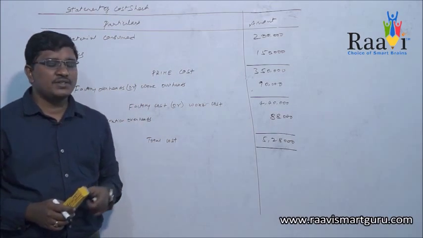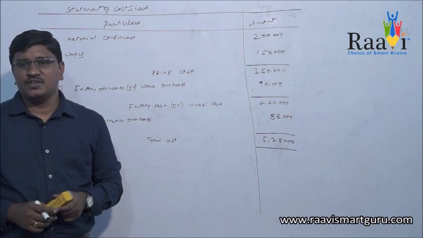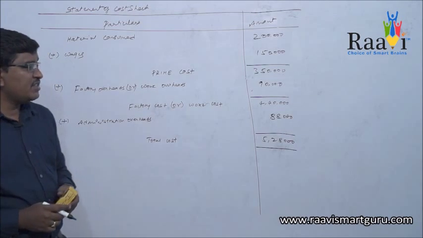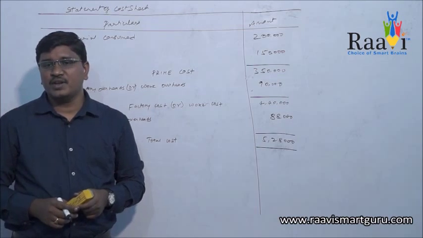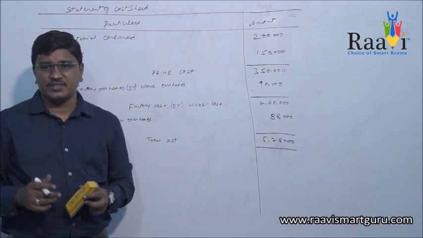For preparing a quotation, values are given. Material value is given as 2,000 and the wages value is given as 2,000. So by using this material and wages, we need to prepare a quotation. Before going for a quotation, first we need to calculate some percentages. One